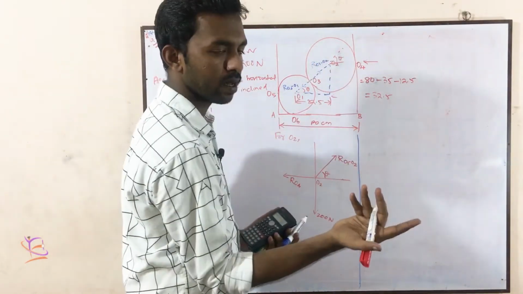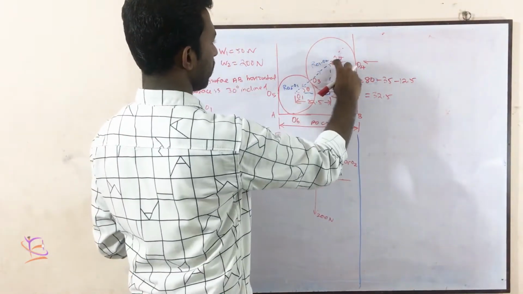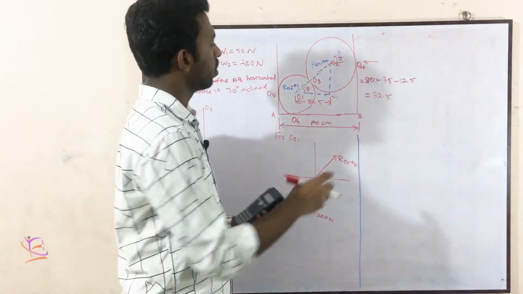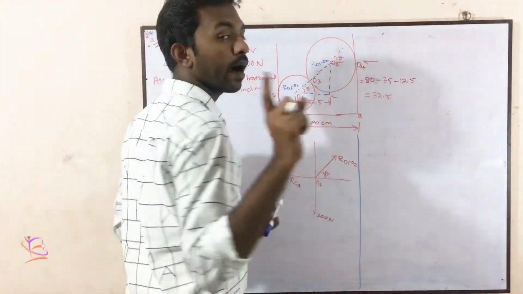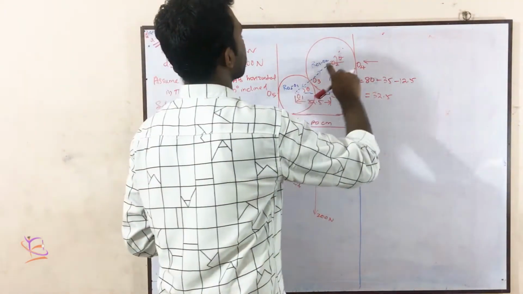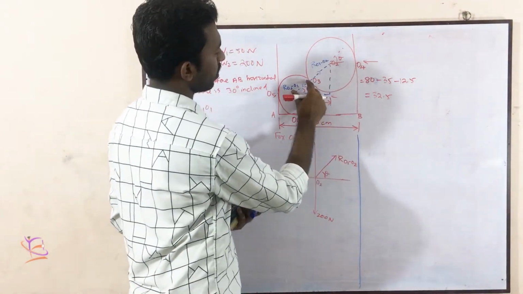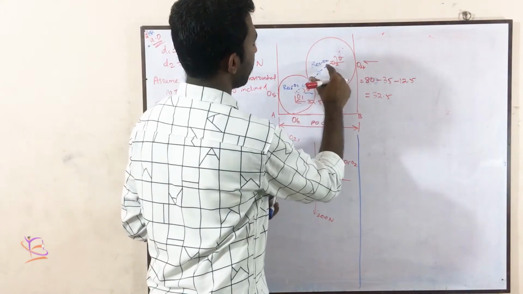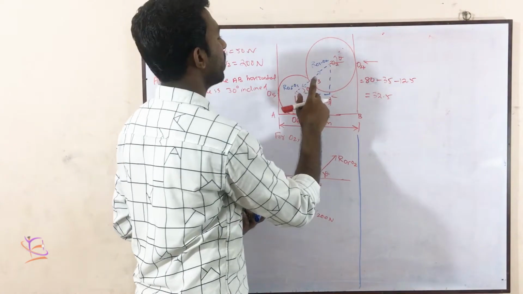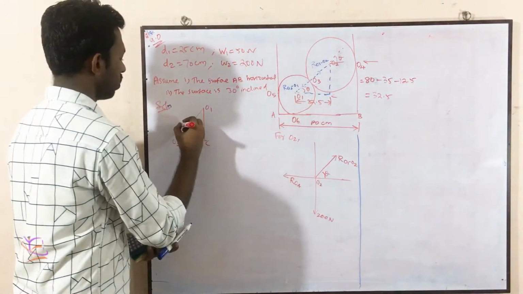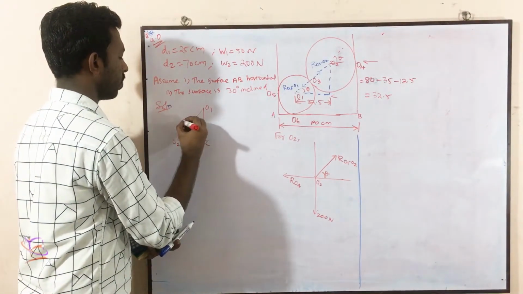Is it possible? Not possible. Taking this diameter or height, nothing is given. So this distance calculation is not possible. Then you can proceed to the hypotenuse. See this: this is the radius of this, and this is the radius of this. So this radius is 35, this is 12.5. What is 35 plus 12.5? 47.5. So this value is 47.5.